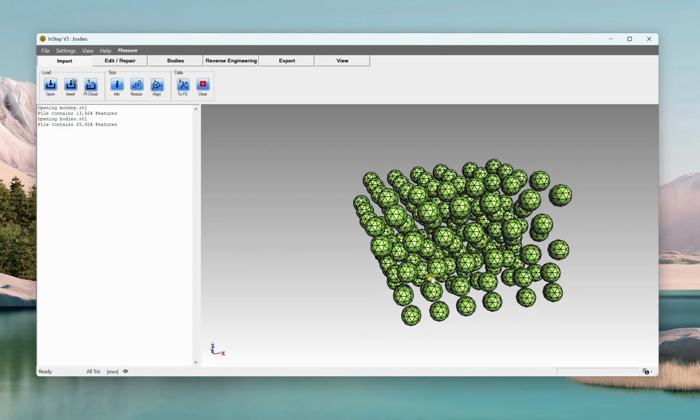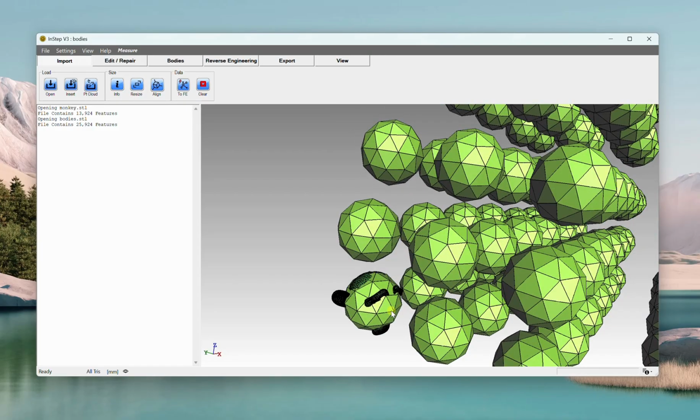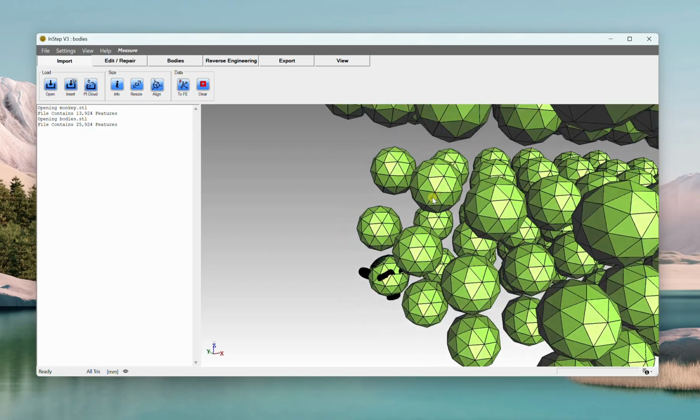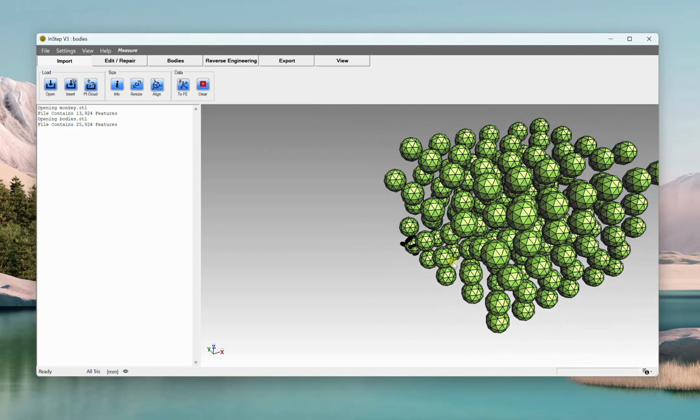Again, I don't recommend doing that too much. In fact, I recommend the opposite. I recommend that you take bodies that contain multiples, split them up and work with them one at a time, and that's something we're going to show in a different video, where we actually cover the bodies options and things that fall under here. So in this case we just split the data up,